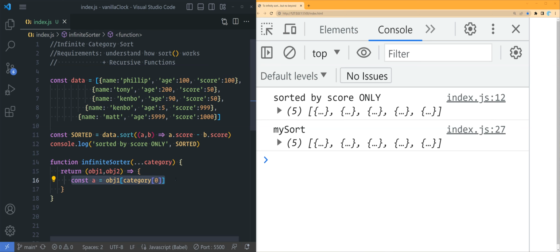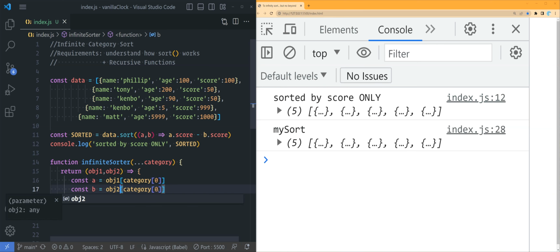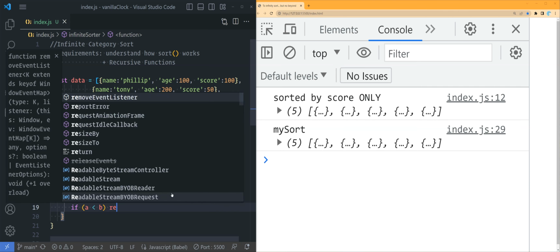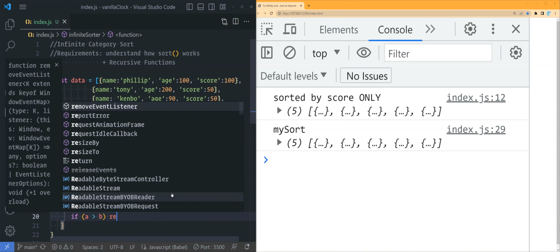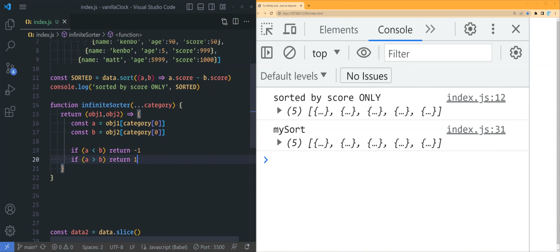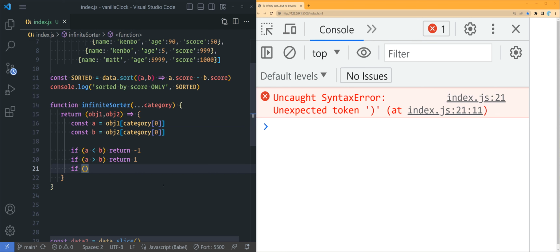Now we need to compare it with something because remember, sort requires two arguments. So B will be object 2, still at category 0 because we need to compare the two scores. Right. Okay, so now we can do if A is less than B, return -1. If A greater than B, return 1. Now, if A is equal to B, we're going to return 0. But before that, let me show you something. If we do if